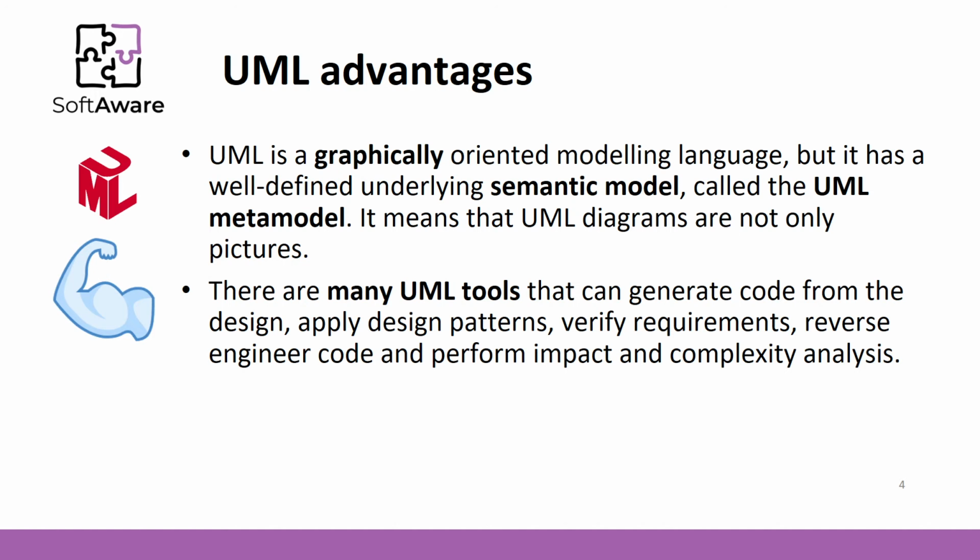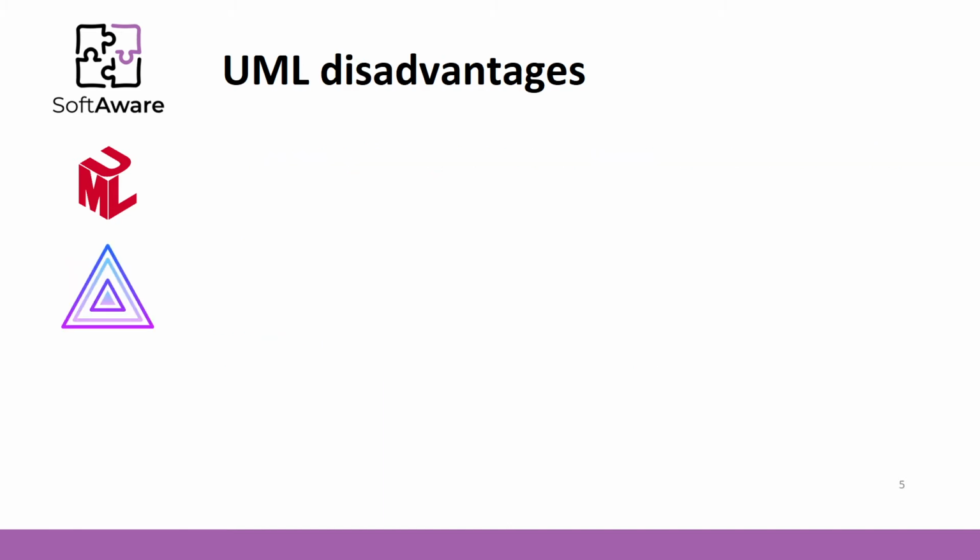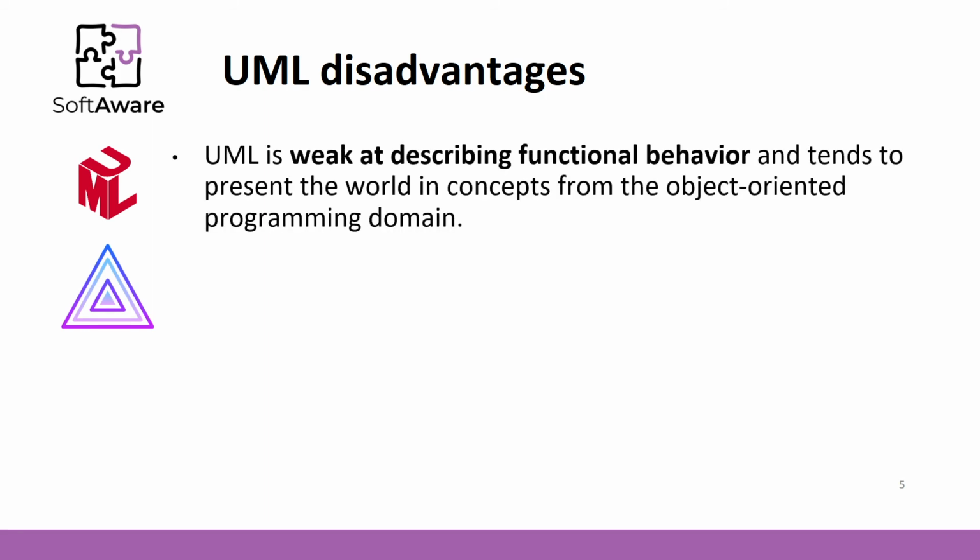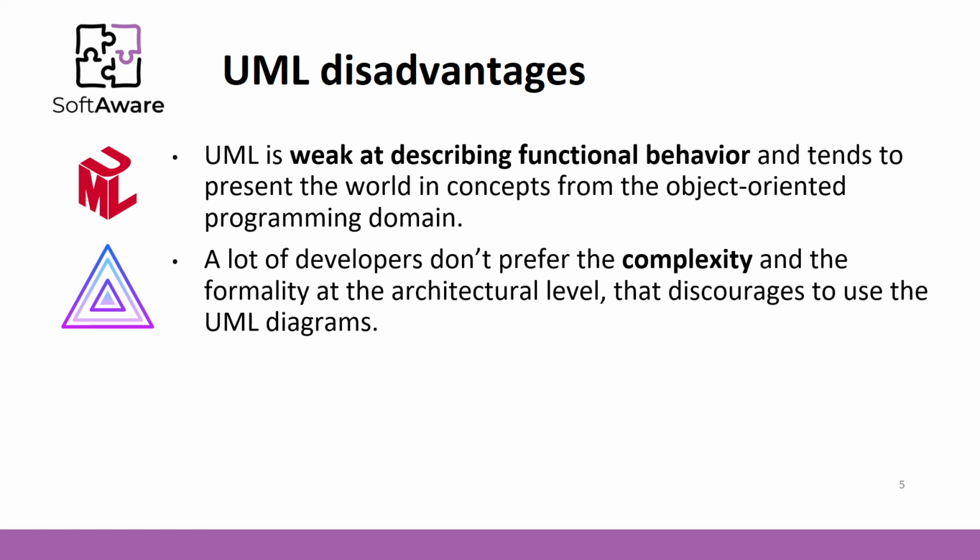As with many things in life, nothing is perfect in all cases. The same is with UML diagrams. So, what are the main disadvantages? Firstly, the UML diagrams mainly present object-oriented systems and are weak at describing functional behavior. In addition, the specification of UML diagrams is written on more than 700 pages. Therefore, UML is a complex standard. It is probably impossible to know and remember all aspects.